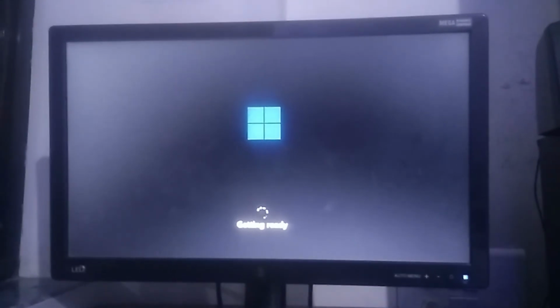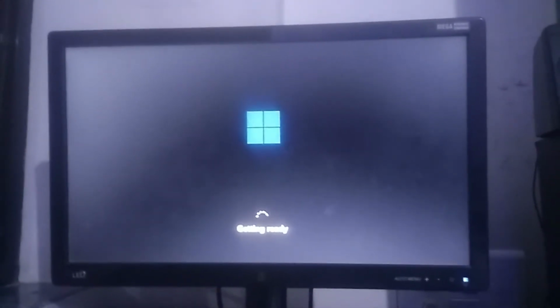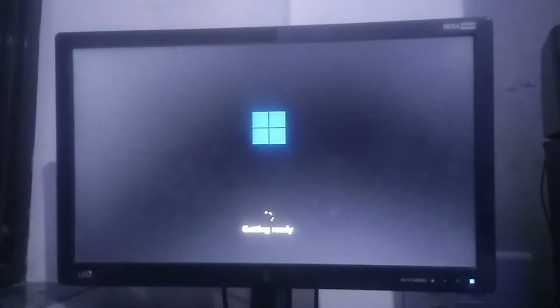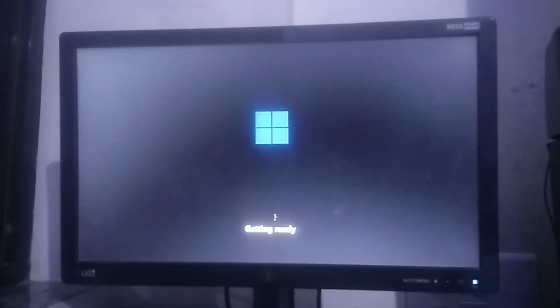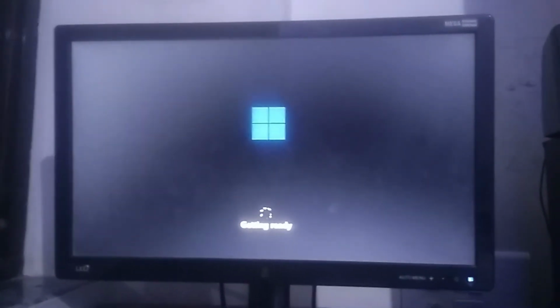So again guys, this process depends on your hard disk, whether you are using HDD or SSD. If you are using SSD, then it will be faster than HDD.